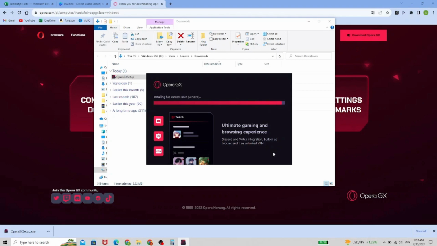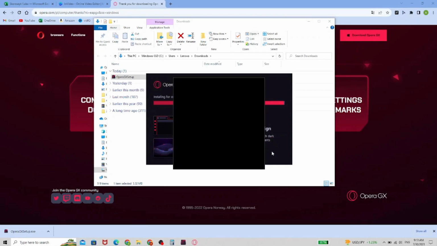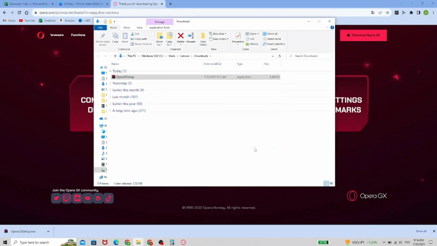Yeah, it's almost there. And okay, looks like it's finished. Now it's probably going to turn it on. Yes, it's this browser right now, the Opera GX. It's loading, but